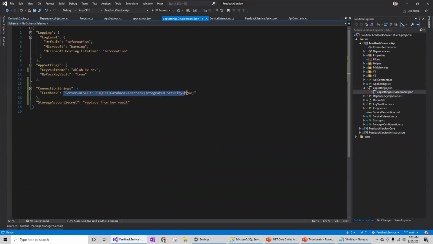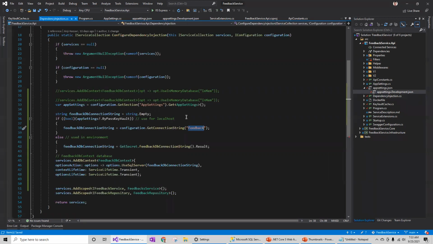I'm using integrated security, but imagine in your real scenario, you'll have a username and password. That's what we don't want to expose in the appsetting.json file; rather, read it from the Azure Key Vault. I'll not be talking much theory here. I just focus on how to implement the Azure Key Vault.